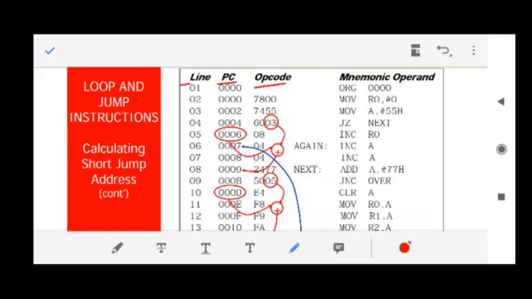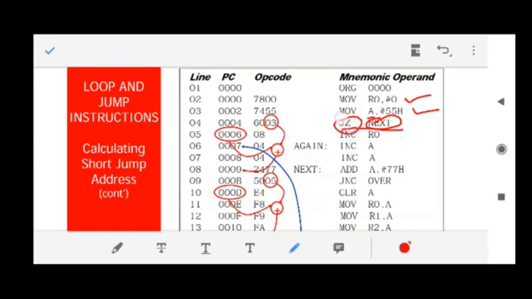Now look at this, jump if 0. This is a conditional jump. So definitely next means the number of steps. How to calculate the number of steps? See what has been done. JZ, the corresponding opcode for JZ. You need not remember this. If it were asked in a mid-sem, semester exam or quiz, the opcode would be supplied to you. So you need not remember the opcode for a particular instruction. The opcode corresponding to jump if 0 is 60. Fine, the remaining 03 means your next.